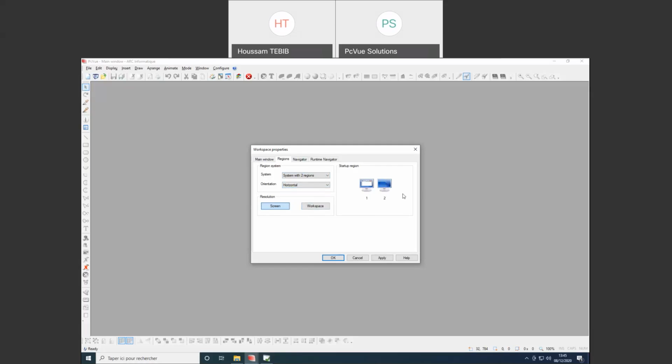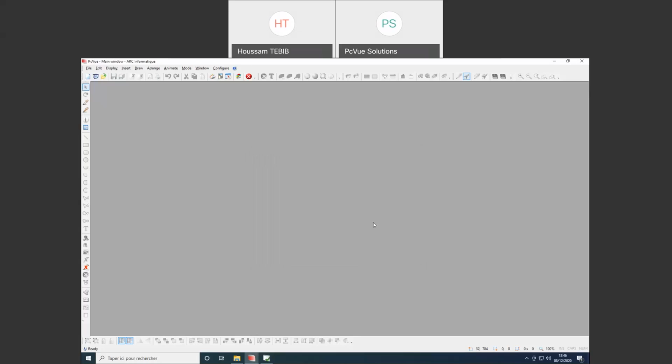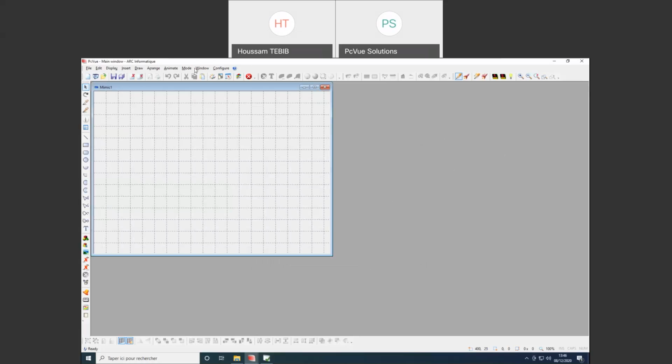Then I will choose horizontal, and for the resolution I will choose screen resolution. Then you have to choose a startup region, whether screen 2 or screen 1 is the startup region. For my example now, I will choose screen 1 as the startup region. When I finish, I will apply and OK. For this demonstration, I have only one screen, so we'll consider the first screen is on the left side, and screen 2 is on the right side. So I will create a new mimic, and I will